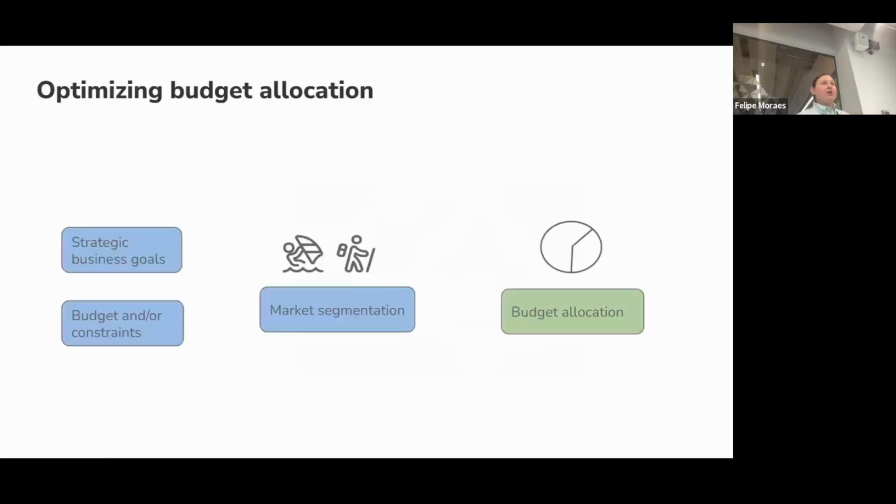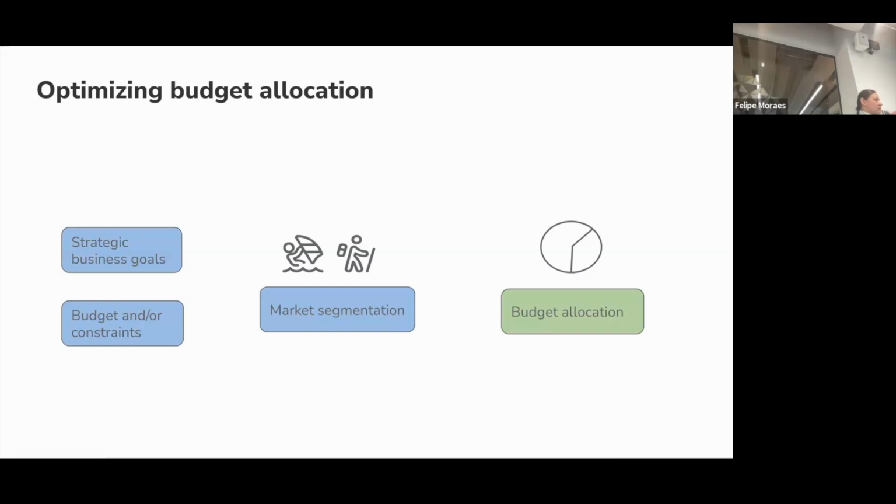And it brings us to the next quite big chunk of applications. It's one of the main applications in marketing, I would say: how to do optimal budget allocation. I believe I can say that in every country, every company doing marketing activities has some strategic business goals that we want to optimize. For example, we can try to get more new customers, improve retention, or make more revenue, whatever, right? It's defined by the business.